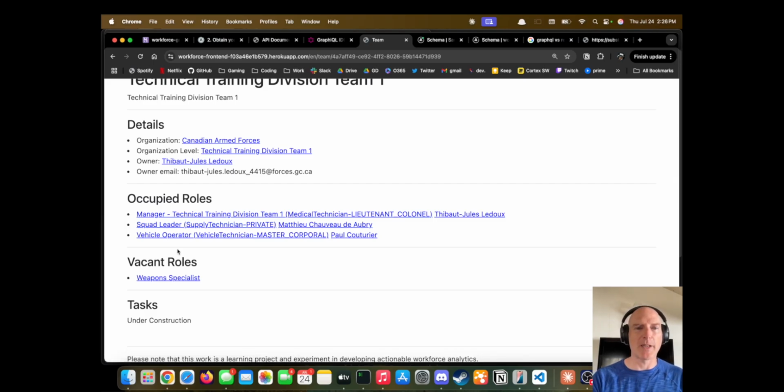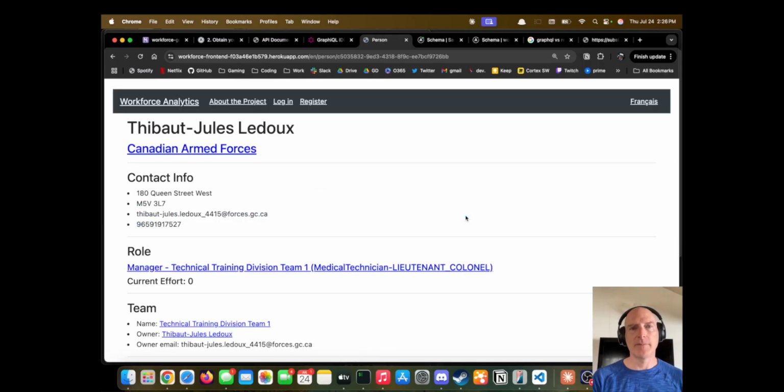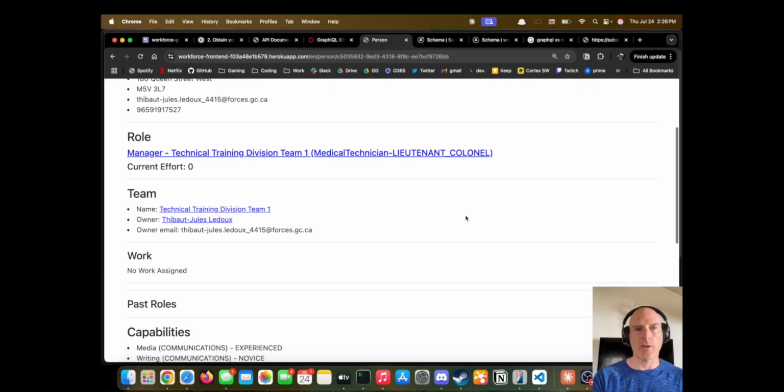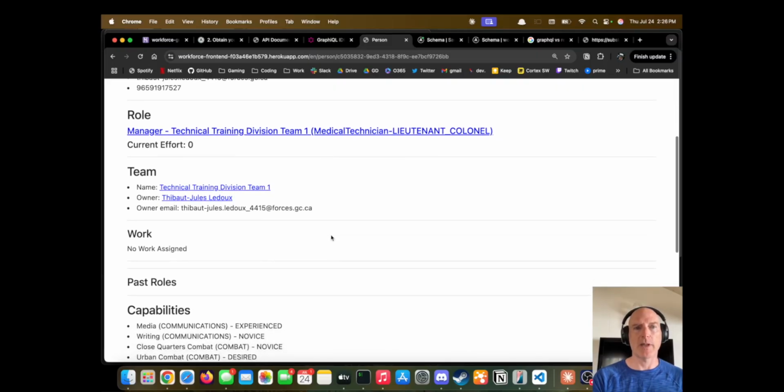This is all just kind of random stuff, so it might not make sense. It's designed to show what you can actually do. You've got the person, and you've got full access to their information, including the role that they're in, the team